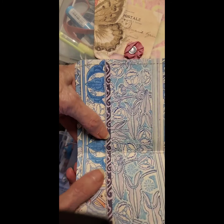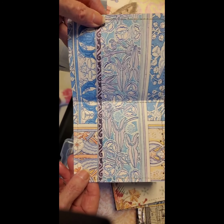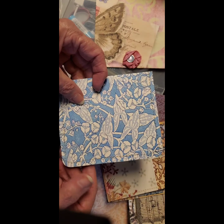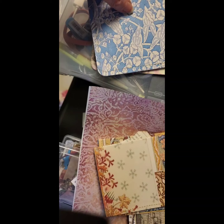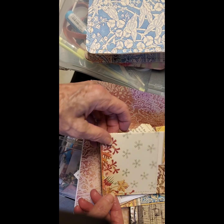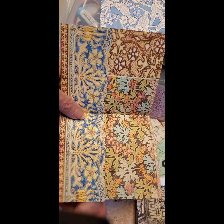This one here, I think I added this little decorative edge because it needed something to set it apart. But you need to give it some thought with regard to which side you're going to want to see. And it's a bit of a brain twister when you do that. For me, it is anyway, because I can't always...